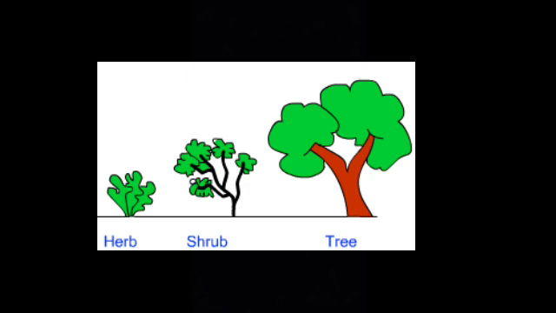Try this activity yourself. Observe the leaves of plants around you and draw their pictures in your notebook. Are all the leaves the same in shape, size, and color? How are the leaves attached to the stem? That part by which the leaf is attached to the stem is called the petiole.